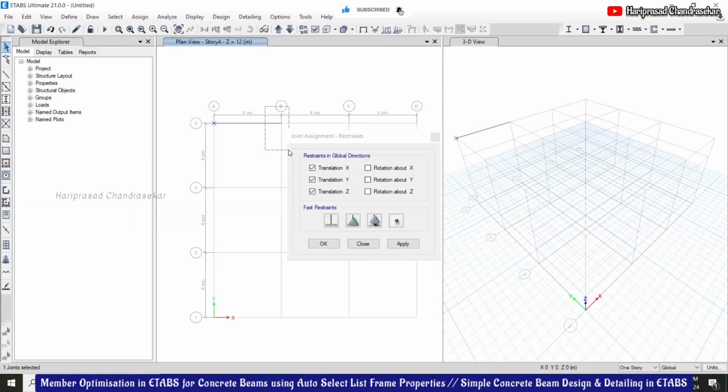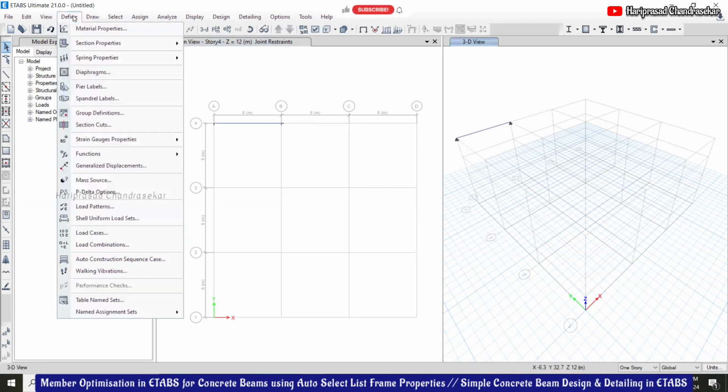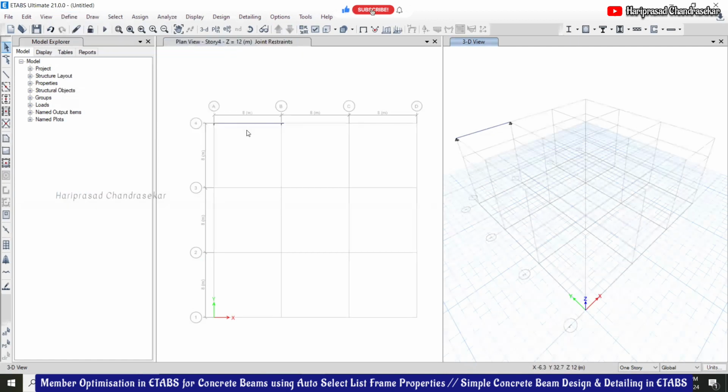So select these two, and then I'm going to fix it. Otherwise, I will continue with the simple support. Click OK. Okay, so here you can refresh and see the thing. Now I'm going for define section property, frame section.